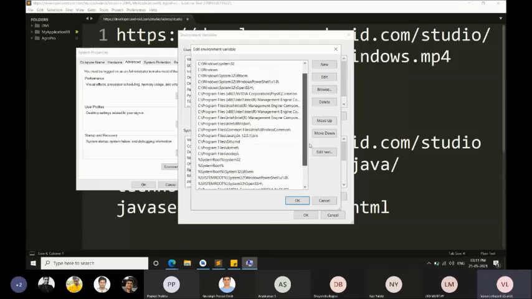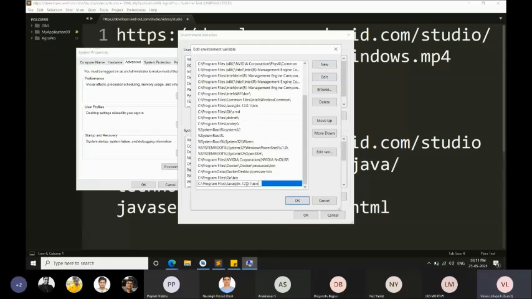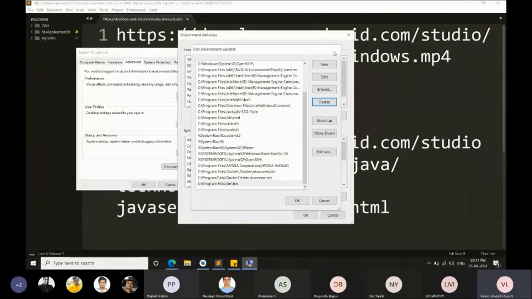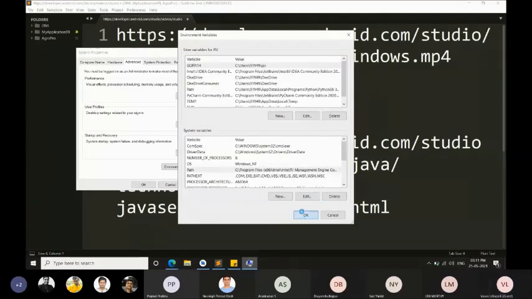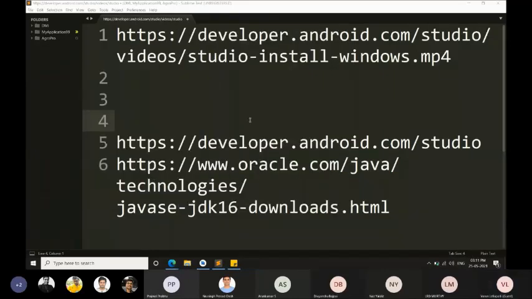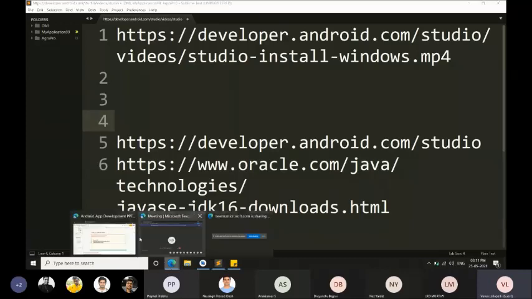But as you can see, I have already added this location, C, Program Files, Java. Inside this JDK, I will add a new one for you. I'm just pasting the same location I have just copied, C, Program Files, Java, JDK, bin. I have already kept it in my system. So you just have to do it and click on OK. Then the second step is finished.